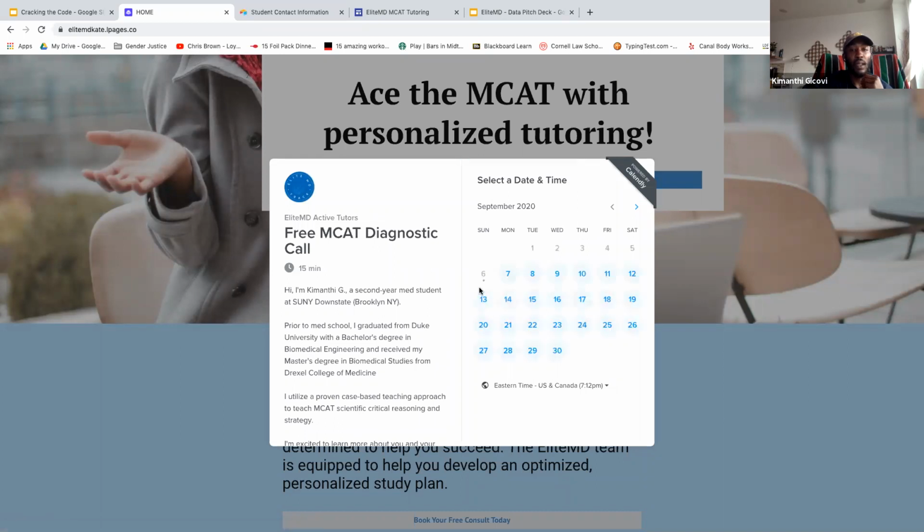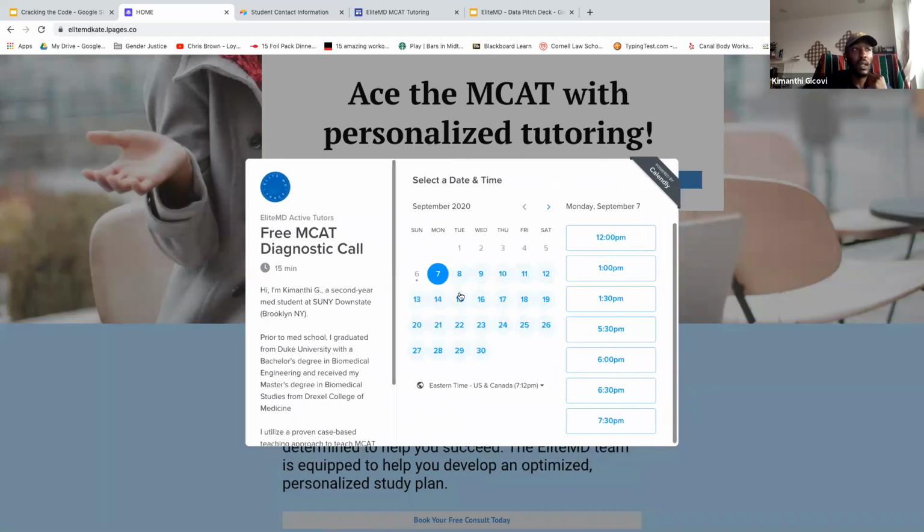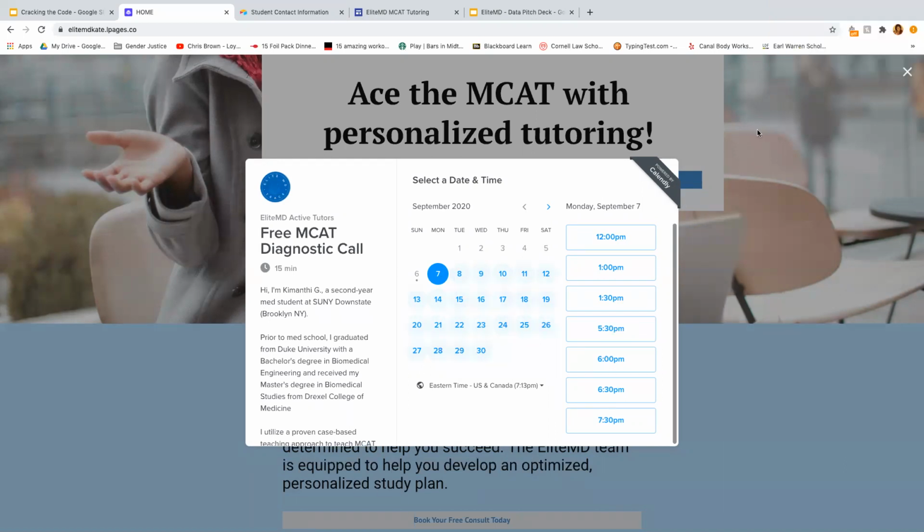I think some people have already been booking while we've been talking. So if you want to meet, for example, if your exam is this month and you're looking to grab time with me, these are the times I'm available, or someone is available, because some of these times are other tutors. Like a CARS one, I think, is the 5:30 guy. So just go on the website that I posted and schedule a meeting. It's going to be free. When did you say the CARS one is available? It's the 7:30 time, I believe, because he's West Coast.